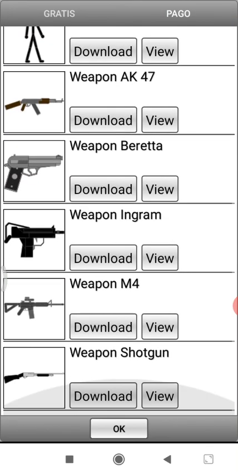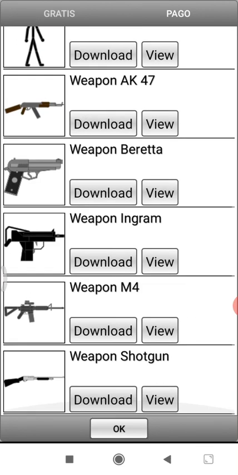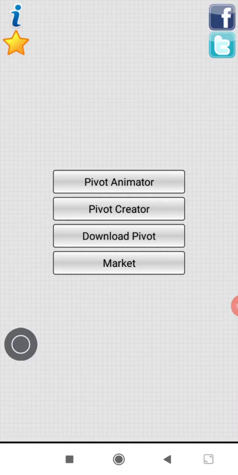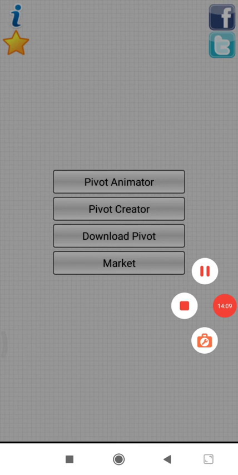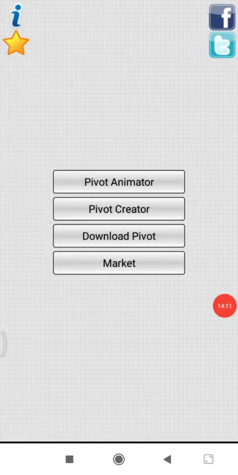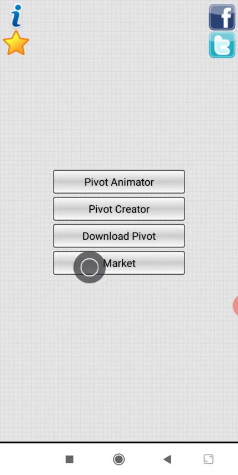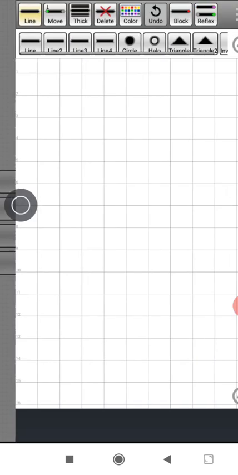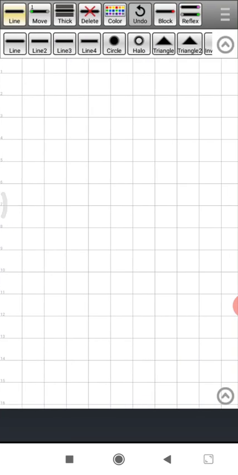You can just get an idea and you can create it, children. After downloading, click on the OK button. Now we have come to the home screen. Now animal1, I mean the dog, will be added into Pivot Created. So click on Pivot Created and you can bring that into your canvas.